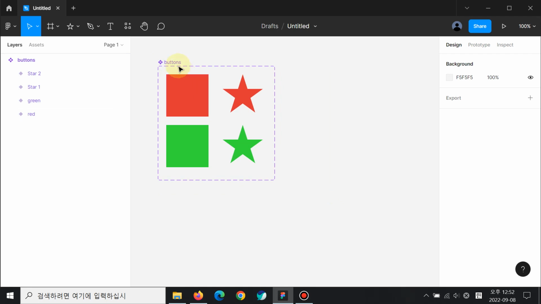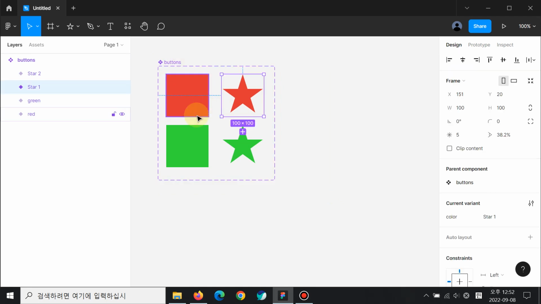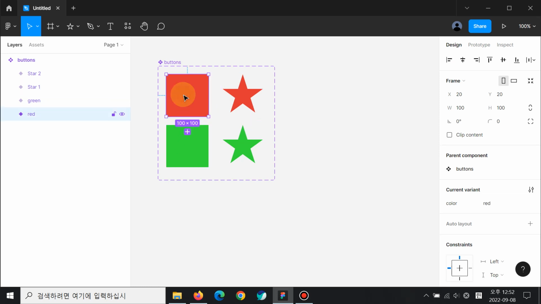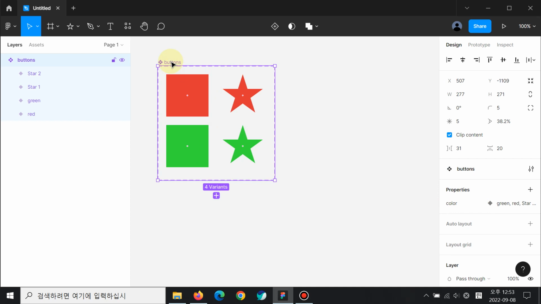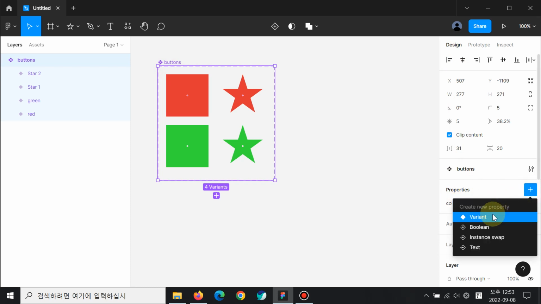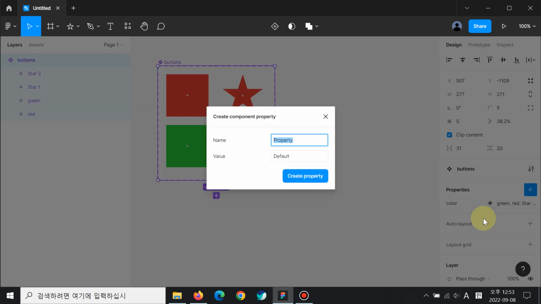So from now on, we need multiple properties. One is for shape and the other is for color. So how to add a multiple property? Let's click the component set, and design tab, properties, and there's a plus button, color green, red, and plus button. Let's add, and there are some choices. I think this is the general one. So let me choose this, name it shape,